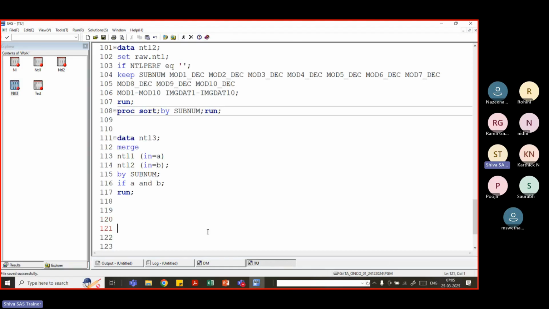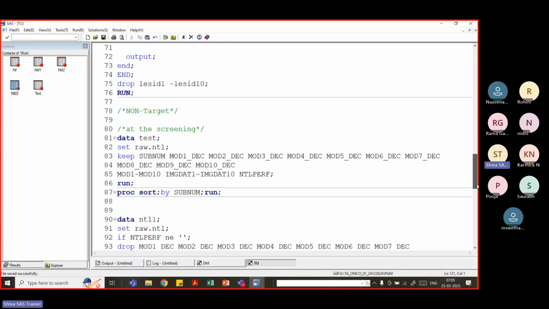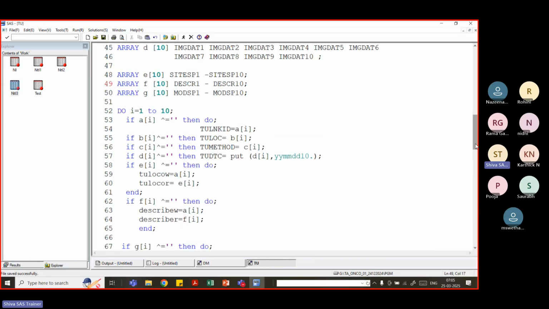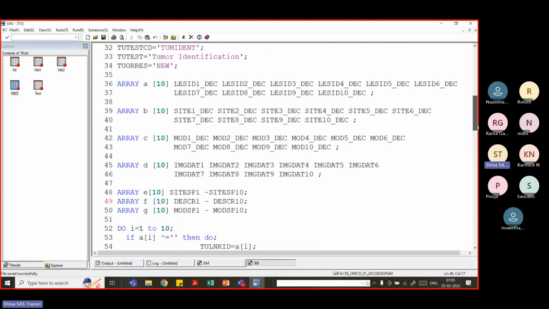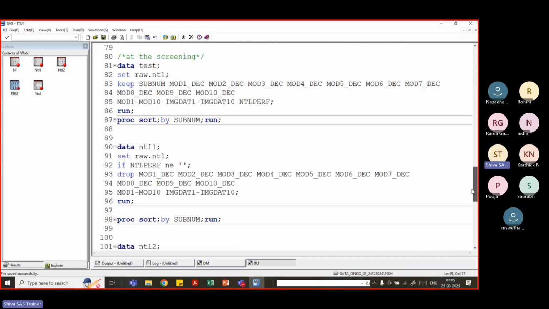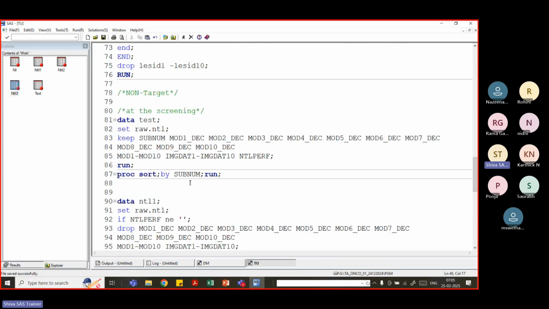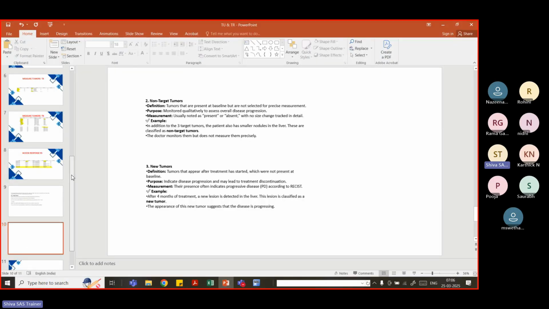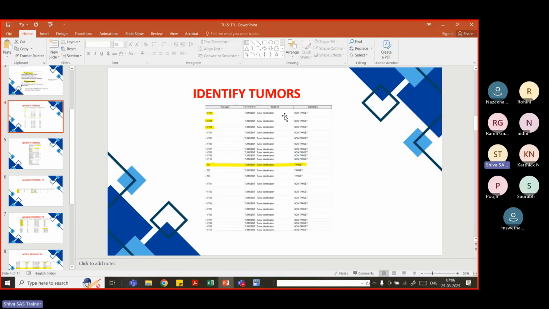Okay, so we can handle this non-targeted tumor related programming in tomorrow's class, as well as the targeted domain also we can do like this. So how we are handling 10 sites, 10 imaging dates, 10 descriptions, 10 lesions, how we are macrotizing, in a similar way we are going to do for the non-targeted as well as targeted. Once all the data sets are handled that way, we can set them together and frame one data set. In the final data set, you will find all the non-targeted